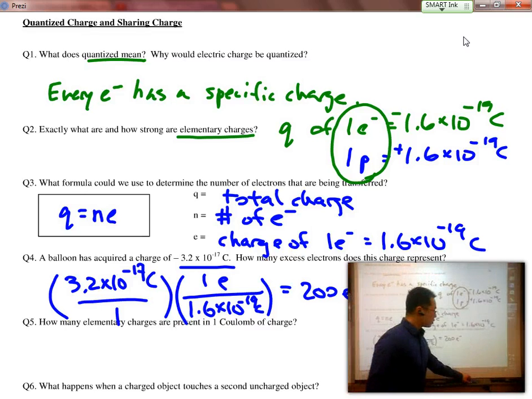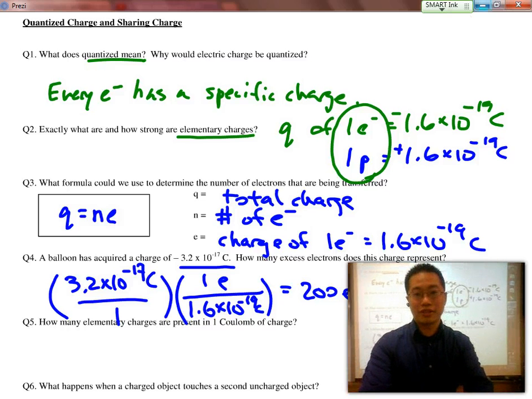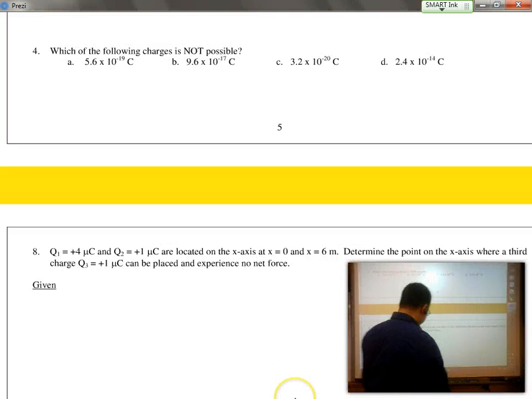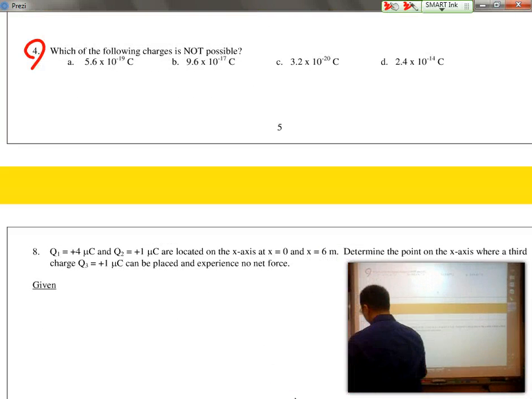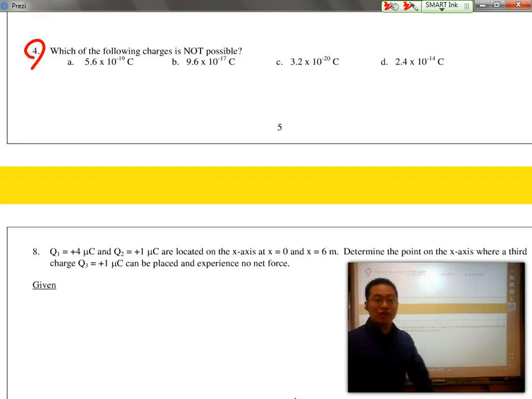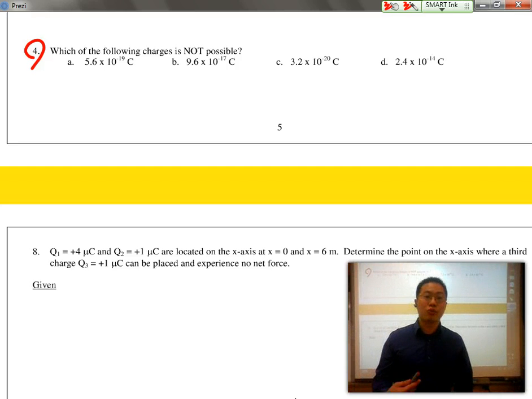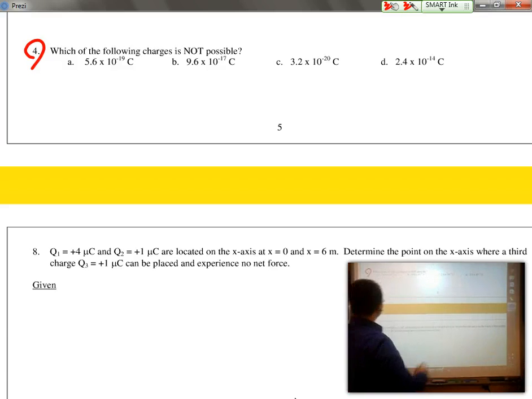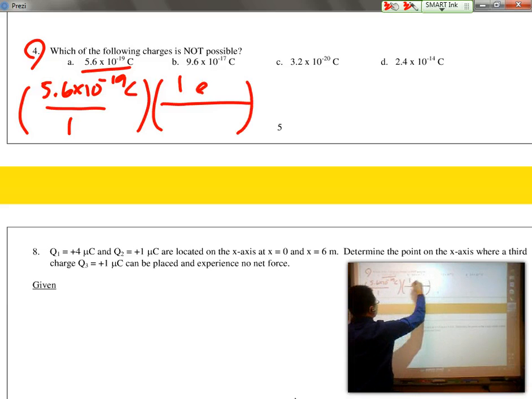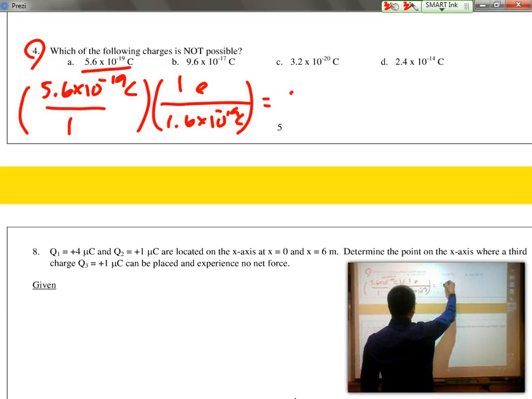Okay, so this Q equals NE is really just a conversion factor that we can now use to determine how many electrons are in any single charge. Very common Regents question when they ask you, which of the following charges is not possible? And the easiest way to go through this is to actually find out how many electrons are within each charge. For example, with 5.6 times 10 to the negative 19 coulombs, if I put that over 1 electron is equal to 1.6 times 10 to the negative 19 coulombs,